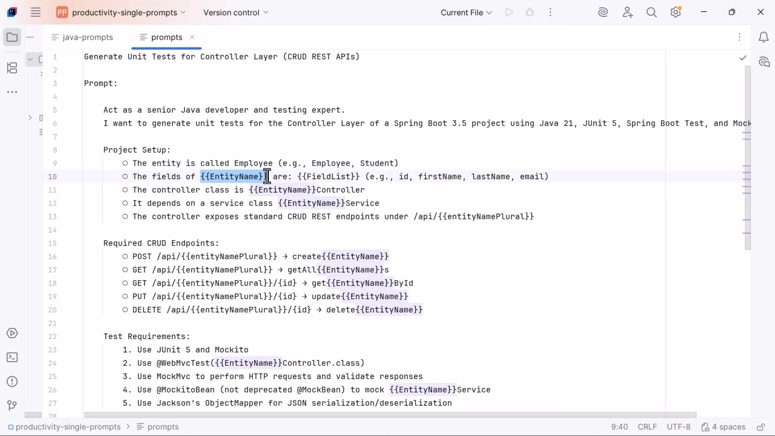and then here entity name employee, and here we can give the fields like ID, first name, last name, email, department, age, and date of birth. You can give any number of fields that you want. To keep it simple, I have given these fields over here. Next, the controller class is EmployeeController, and it depends on the service class EmployeeServiceImpl,